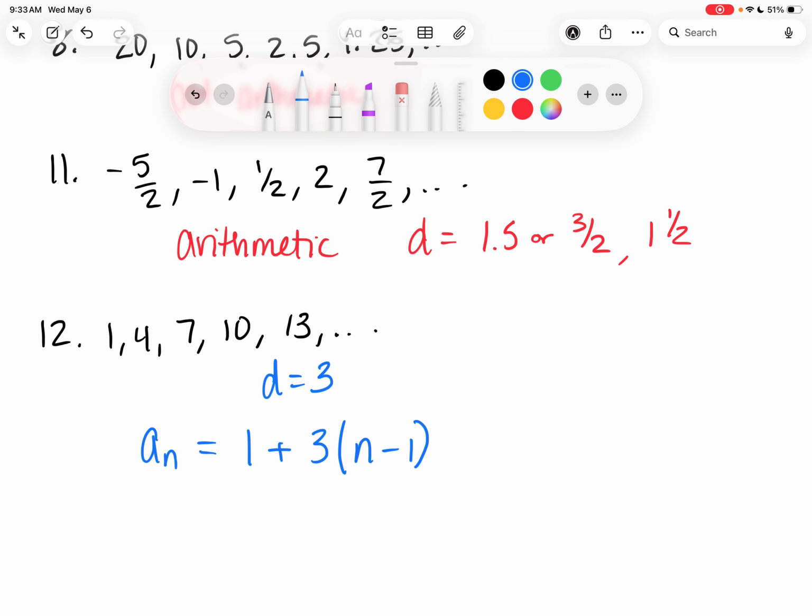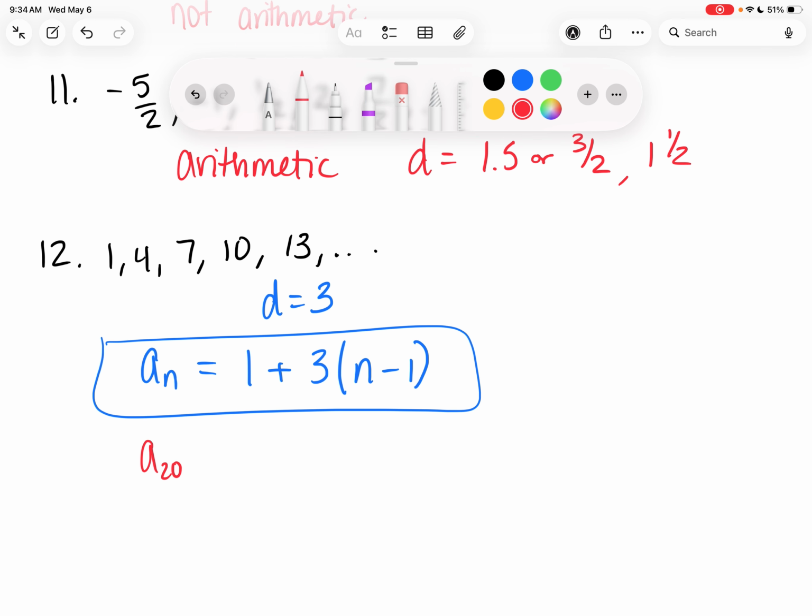Now, this is technically the rule. The book, in a lot of cases, goes ahead and distributes this and combines the terms. I wouldn't do that. I would just leave it right here. Okay, so just leave it like that and get the value that way. So now if I want to find a sub 20, because that's the next step that it wants me to do,